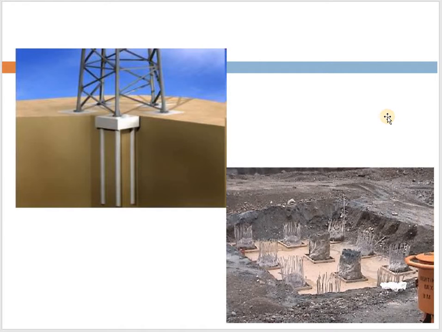So in order to counter that uplift force, we can construct piles to resist the uplift pressure. Generally, for any normal building, the load coming from the building is a compressive load, so we are constructing it for compressive loads. But in special cases, we have to construct piles to counter the uplift as well as the lateral loading coming onto the piles.